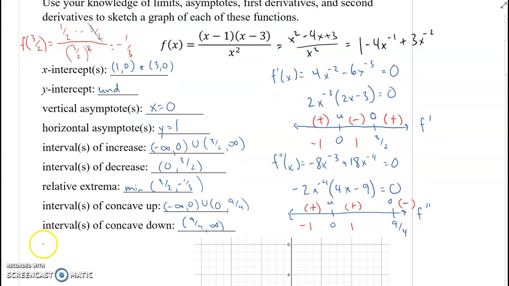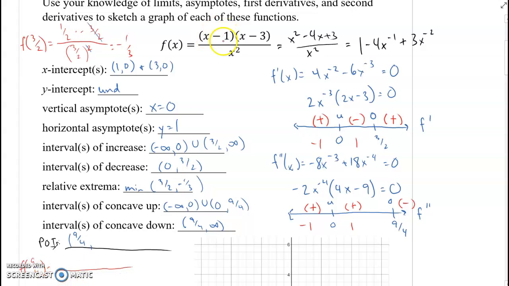All right, so all of that information, I guess one more thing that I should have put here, but I forgot to put here, is the points of inflection. Oops, I'll underline that. So do we have any points of inflection? We sure do, at 9/4, right? So 9/4 is a place where the second derivative changes from positive to negative, so our function changes from concave up to concave down. We're going to try to find the y value there. That's going to be a bit messy. So f of 9/4 is going to equal,